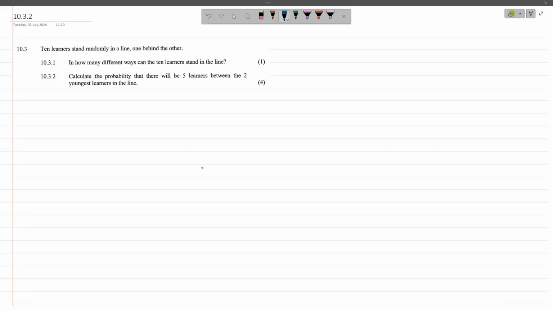10.3.2 says calculate the probability that there will be 5 learners between the 2 youngest learners in the line. So we have 2 youngest learners in the line, and we want to figure out the probability that there will be 5 learners between the 2 youngest learners in the line. So we need all the configurations, or all the different arrangements, in which we have 5 learners in between the